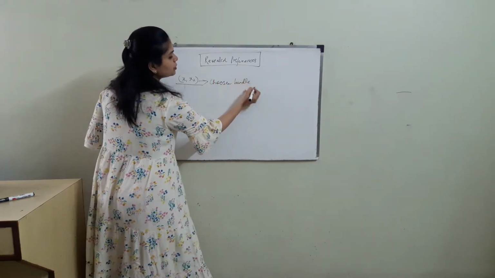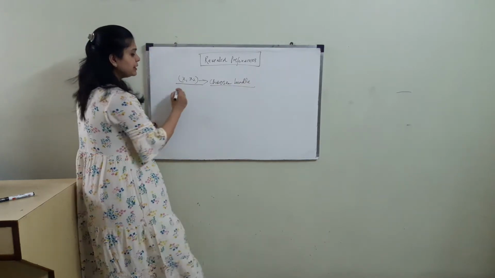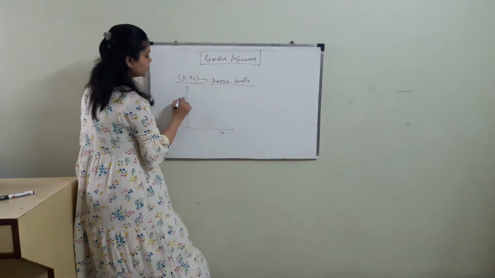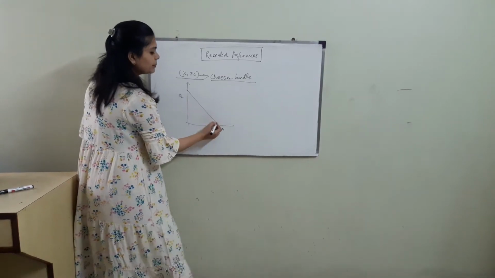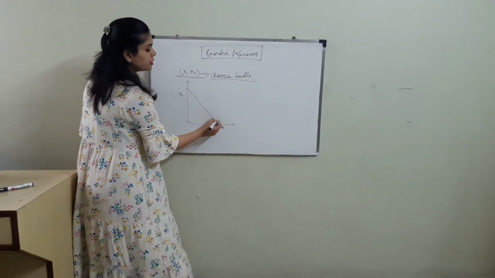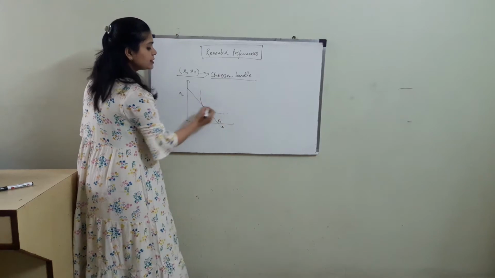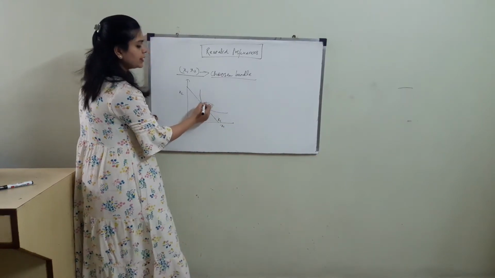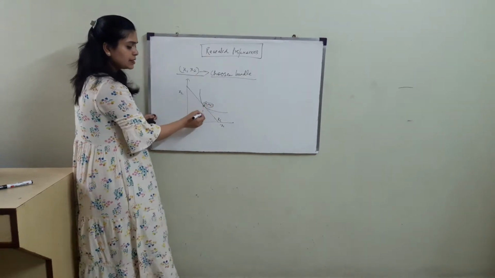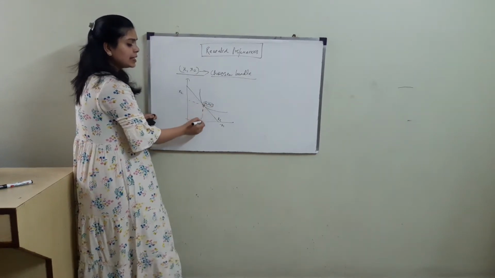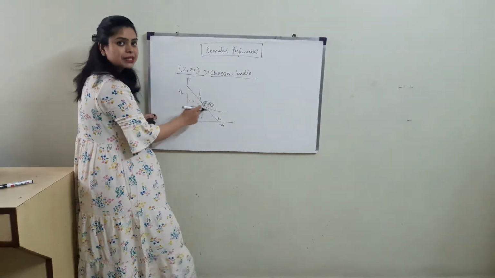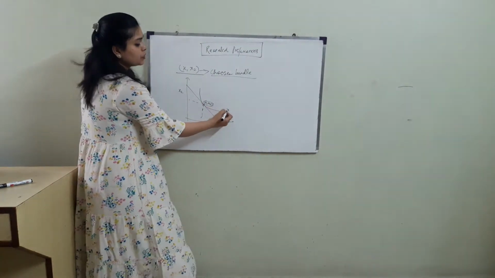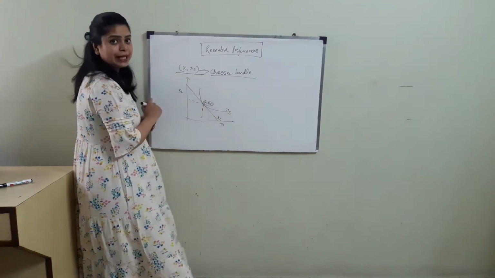Say x1, x2 is a chosen bundle, which means suppose I have a budget line plotted here, and this is a point of optimum x1, x2. So suppose x1, x2 is a chosen bundle. Why? Because there is a tangency between the indifference curve and the budget line, and here I am maximizing the utility corresponding to this given budget line, right?